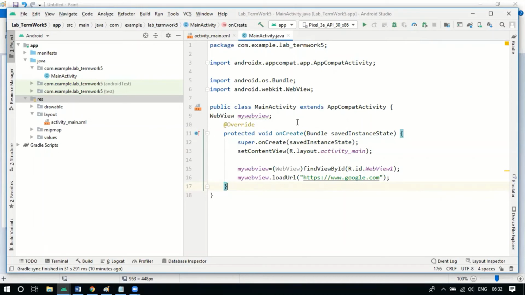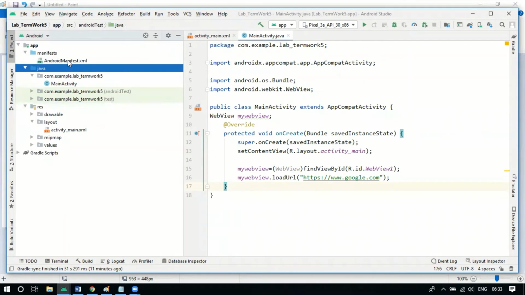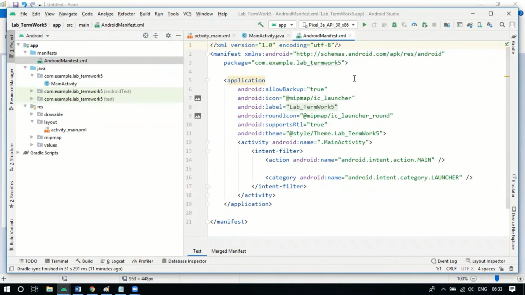Now we are done with the coding part for this. The important thing is now we want to have the internet connection. Basically, when you are launching the activity, internet connection will not be there. So for this particular application, we want to have the internet connection. The first thing that you need to check is whether you have got internet connection or not. Once the internet connection is available, then you need to go to this manifest folder, and here you need to open this AndroidManifest.xml file, and here you need to give one important element so that the internet permission is allowed.